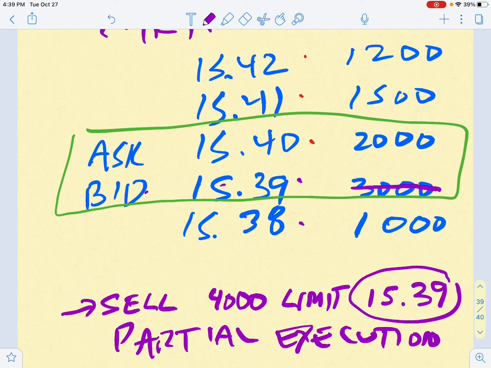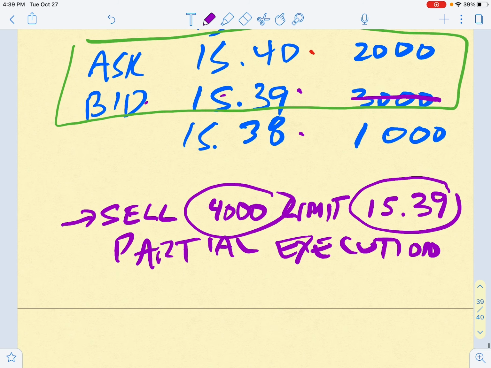But this person is not willing to sell for anything less than 1539. But even though there were people interested in buying at 1539, they didn't want all the 4,000. So what happens? What happens in this case? Well, again, partial execution, the 3,000 shares disappear, this order fills for 3,000 shares, but we can't forget that we